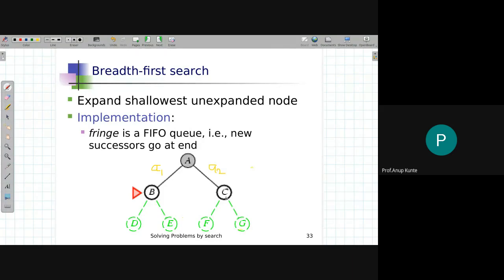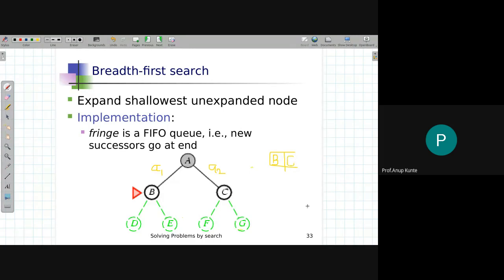When I apply the successor function to node A, I check what the possible actions are. When I apply those actions, I see what resultant states the environment turns into. So I get B and C as the successor nodes, and since I've already pulled A out of my list, now I have two nodes to insert into the list, B and C. This diagram shows multiple steps together, but what happens first is that B and C go and sit in the list, and the next step is to select either B or C out of the list.